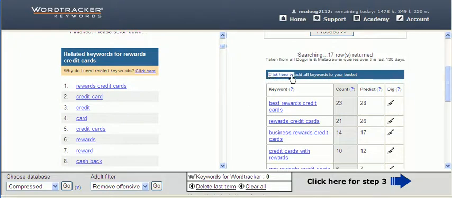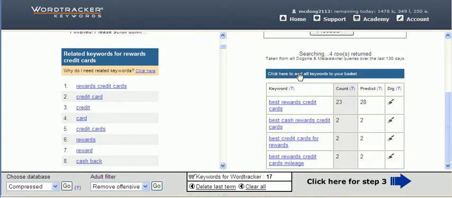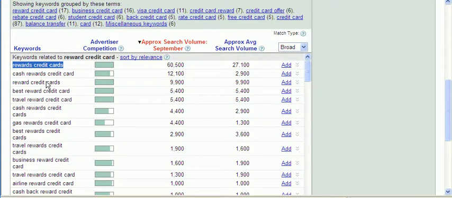And you see this bar right here, it says click here to add all keywords to your basket. So I'll say yes, I want to add all those keywords to my basket. And then I'll dig into that and add all those keywords into my basket. And what I'll do is just keep going back and forth doing that between these phrases right here,